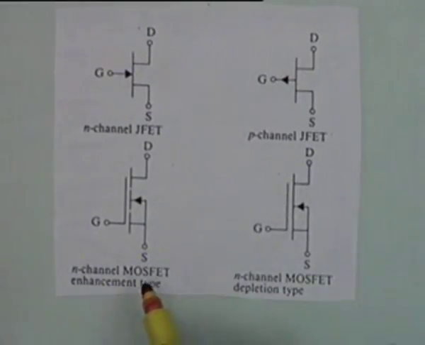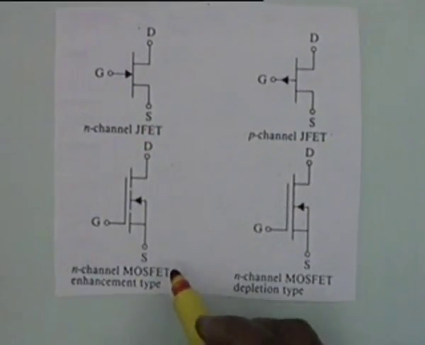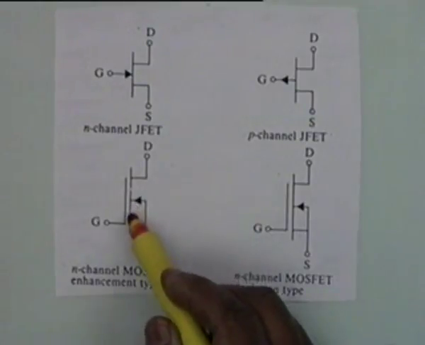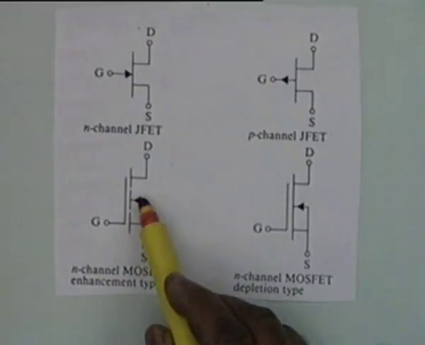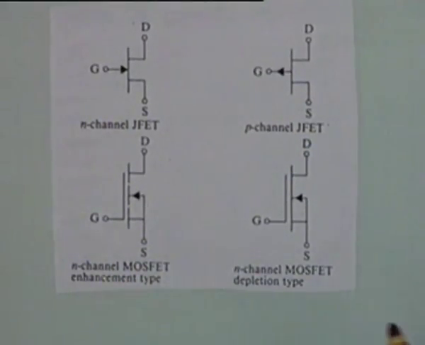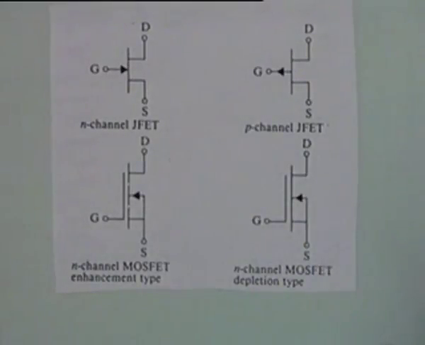Now, for a MOSFET, in order to distinguish between the junction and MOS, one extra terminal is introduced. You can see for enhancement type, there is a break here. The gate is similar, the arrow is here. The significance of these symbols would be clear when you go through the physics of MOS devices in a later elective course. For an N channel, there is no break, it is simply an arrow like this.